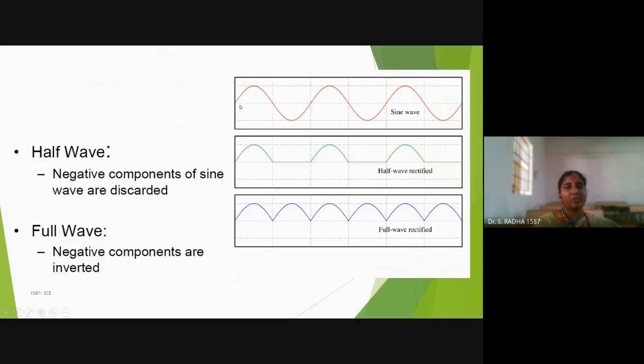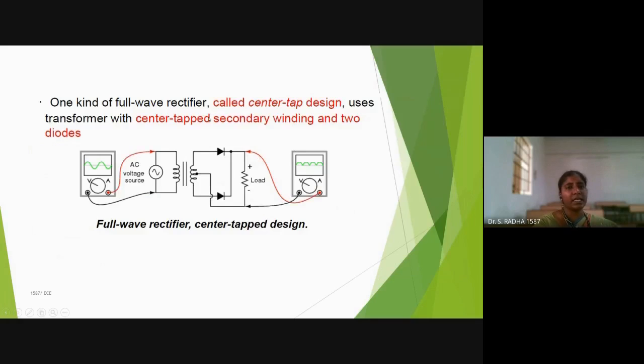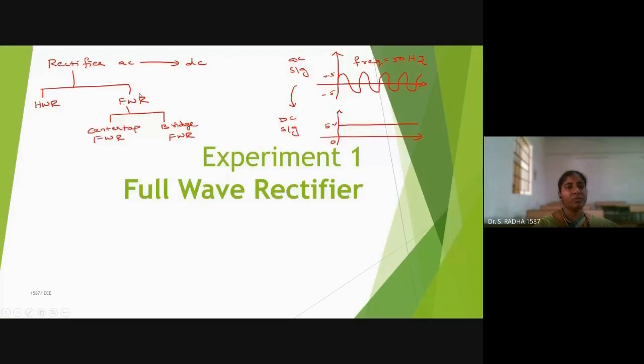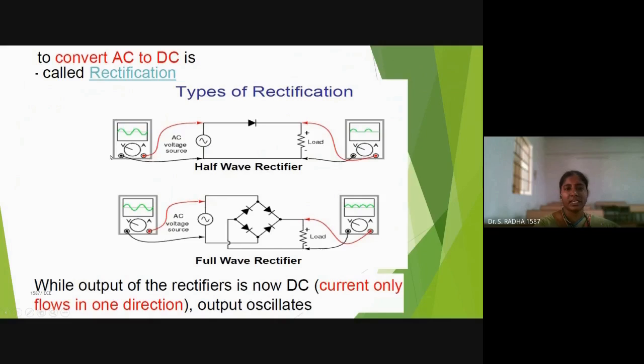Now this is the waveform, the input waveform; the red color is the input waveform. If you give it to a half wave rectifier, the output will come like this. If you give the input waveform to a full wave rectifier, the output will come like this. Okay. And now this is the center tap full wave rectifier, the second type. I told you in the classification that the full wave rectifier is of two types: bridge rectifier and center tap rectifier. This is the bridge rectifier, full wave.